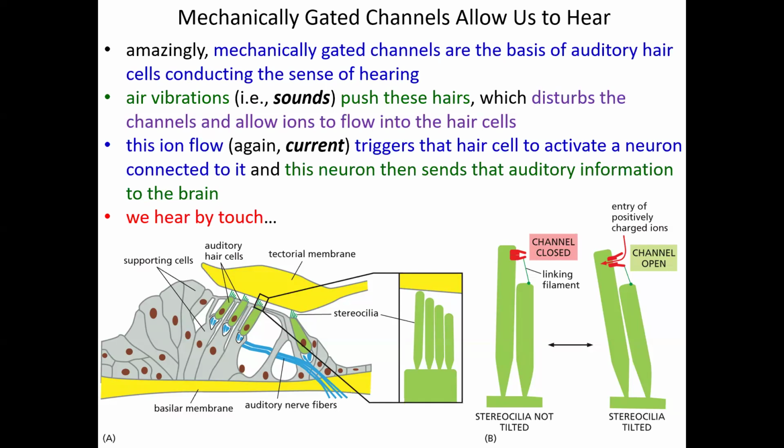my voice coming through a speaker or an earbud is causing pressure changes in the air. Those pressure changes in the air are causing your eardrum to vibrate. As your eardrum vibrates, those vibrations are pushing on and straining these auditory hairs. As those hairs are pushed on and strained, they're causing mechanically gated channels to open. As those mechanically gated channels open, neurons are firing because ions come pouring into them. And those firing neurons are transmitting that information of vibration to your brain so that you can experience the sensation